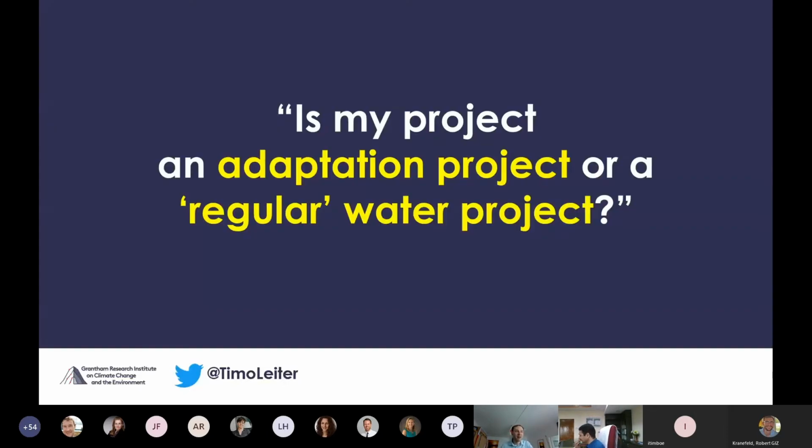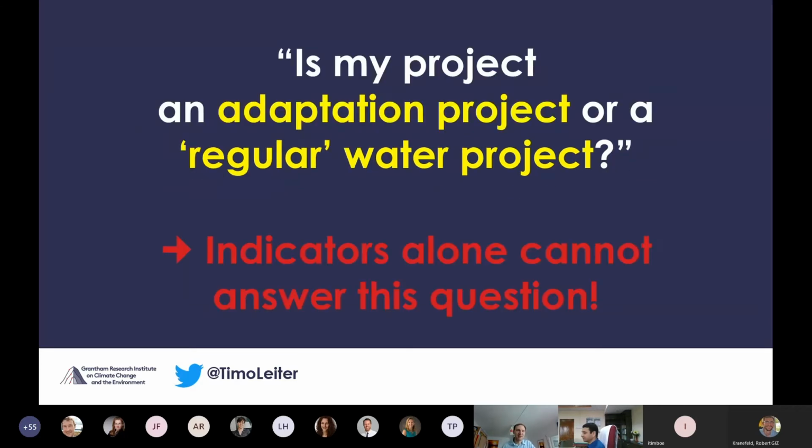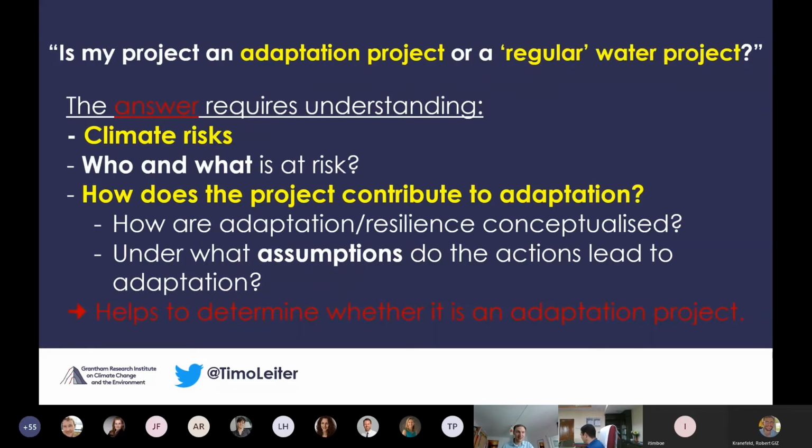So an important question to many project developers is: is a particular project an adaptation project, or is it a regular water project? Next slide. And as taken from the simple exercise you've just undertaken, unfortunately, indicators on their own cannot answer this question, because there is not a list of adaptation water indicators which you can simply plug into your project, which make the project an adaptation project. Instead, as we will see on the next slide,